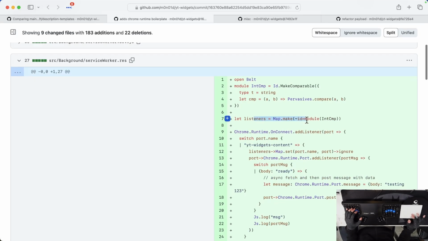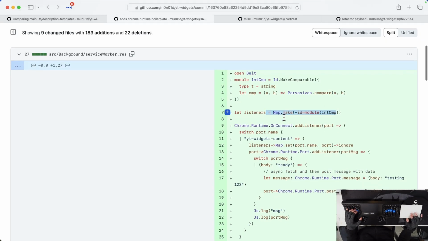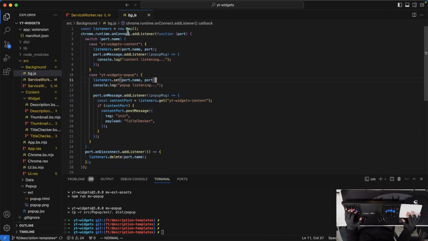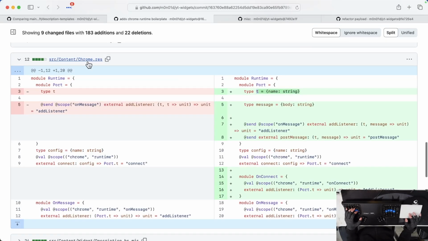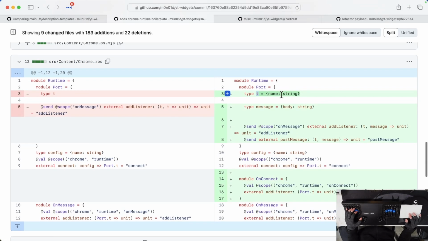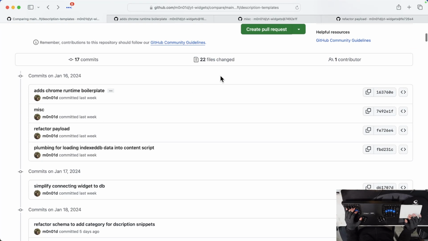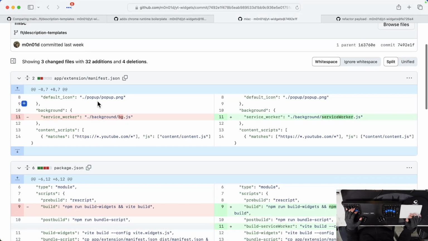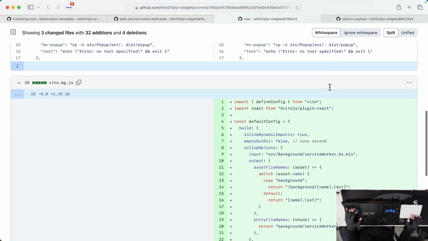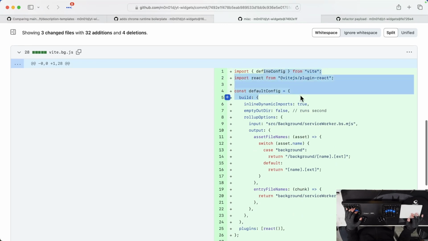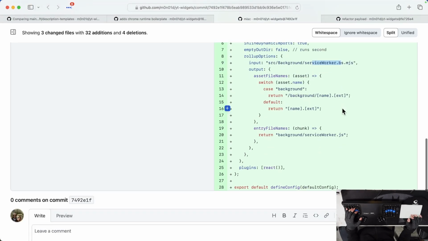So same thing, it's making a map of listeners that we can connect to. Right, see, we just added a bit to our Chrome module here. That way we know what port we're connecting to by name and adding listeners, and the rest of that you can ignore. Right. And after that, just a little more work to get that refactored over from JavaScript to our Rescript version. Then after that, I added a separate Vite config for the background and service worker stuff, and then